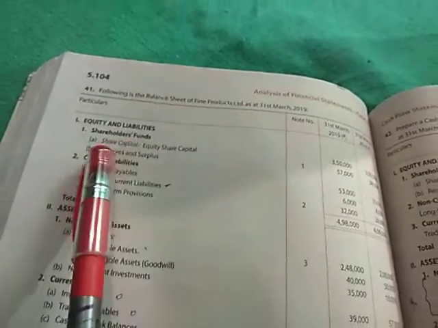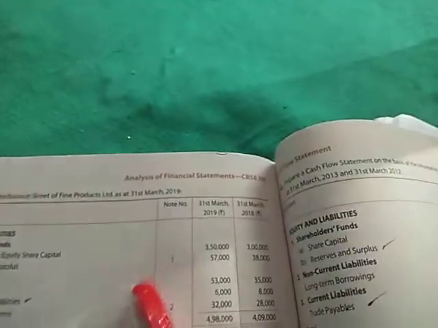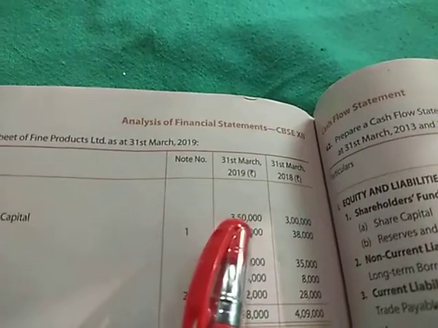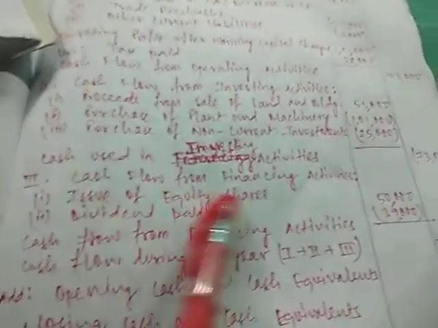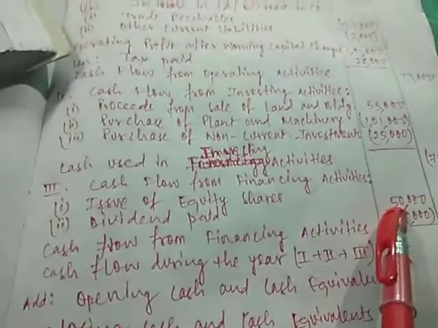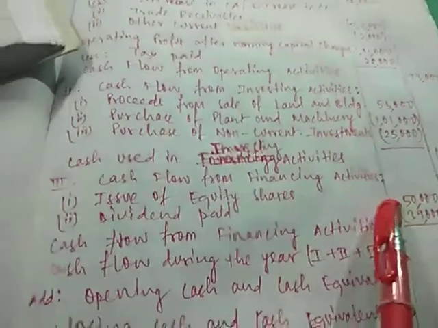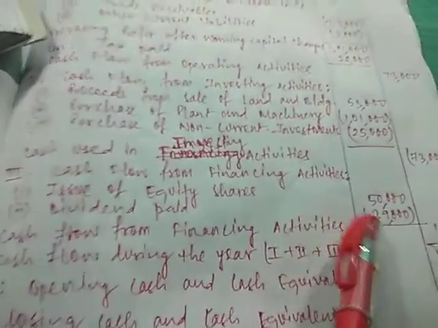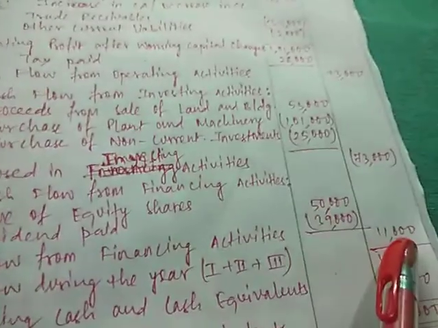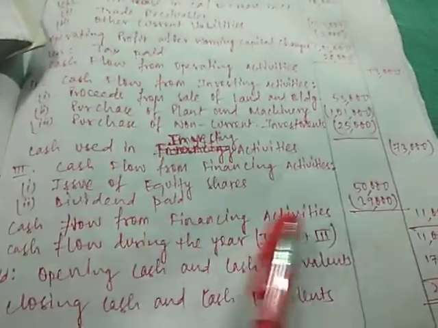Now under financing activities, we'll see the shares, debentures, preference shares if we have. Shareholders fund, share capital, equity share capital. Equity share capital have increased from 3 lakh to 3,50,000. You can see here, earlier it was 3 lakh, now it is 3,50,000. So fresh equity shares are issued for rupees 50,000. Issue of equity shares 50,000 is written here. And dividend paid, as I have told you, we'll consider the proposed dividend of the previous year. That was given in the note here. 31st March 18, 39,000. That proposed dividend will be subtracted here, 39,000. 50,000 minus 39,000 will give you 11,000. This is the cash flow from financing activities.